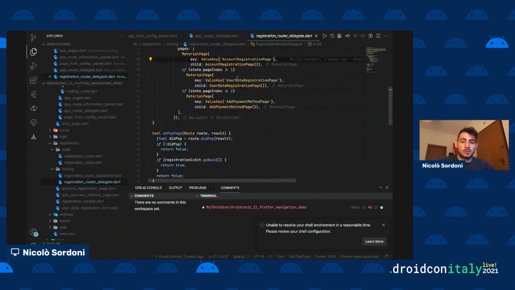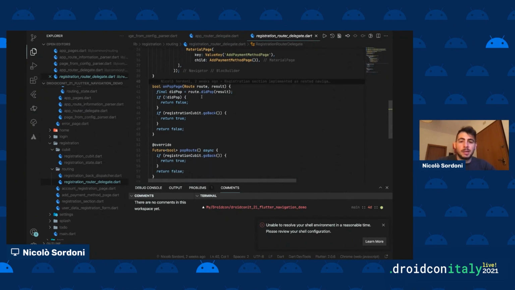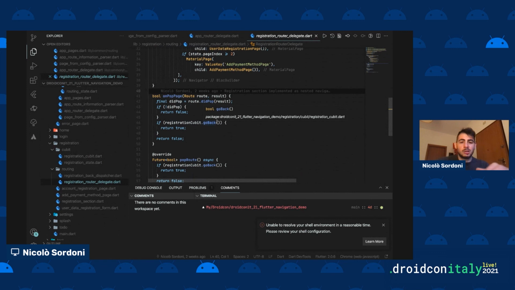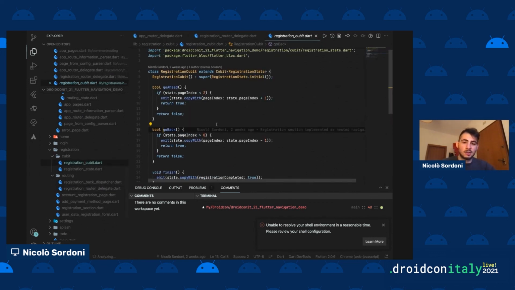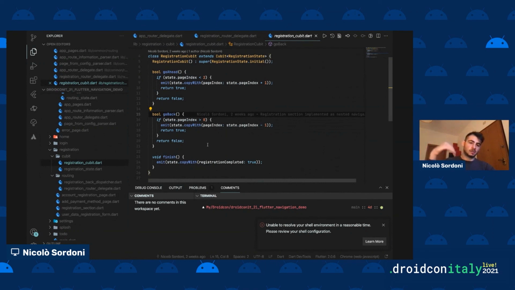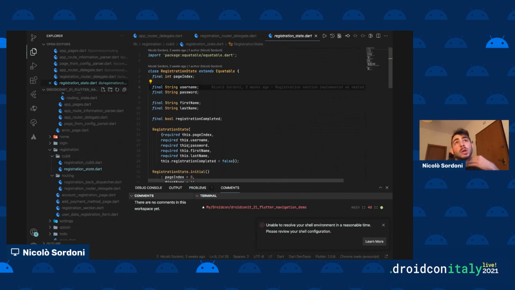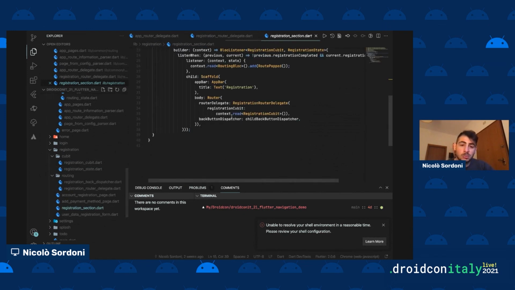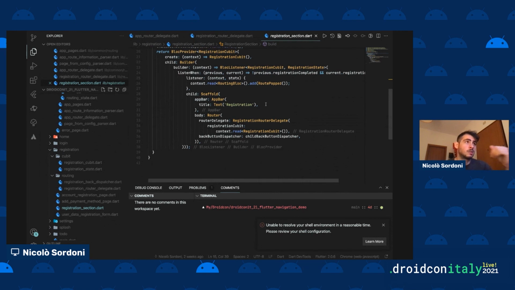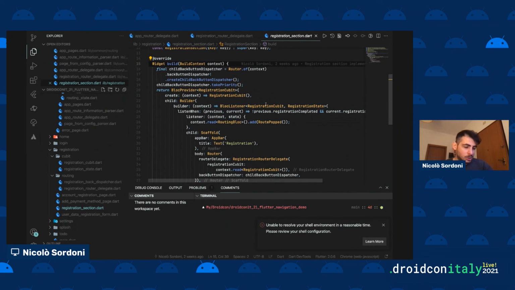This nested navigator, when the on-pop page is triggered, just gets a reference to the registration Cubit and invokes the go back of the registration Cubit that just sets the page index to 1 less. In this way, we had a section with its own nested navigator, its own management of the back button. But to reach that goal,